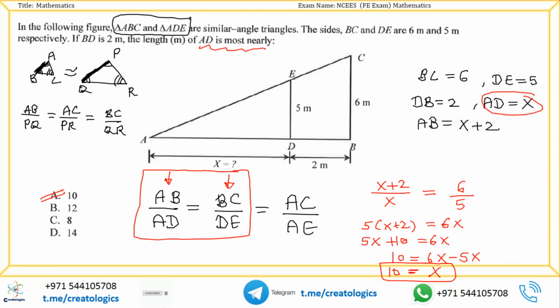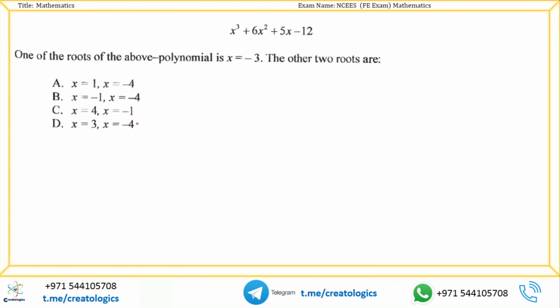So here we used the concept of similar triangles. If the triangles are similar, then the sides are proportional, right? So here we used this concept only and we got our answer. Now let us move to the next question, which says